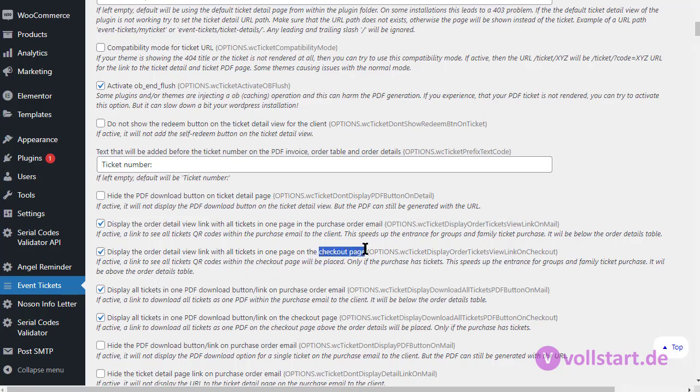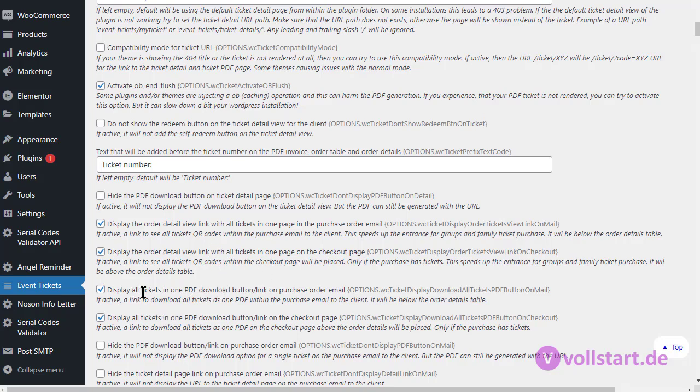also on the checkout page. This will be in the email, and this on the checkout page. It doesn't hurt. I would recommend activating this if you allow people to buy tickets right in front of the event, so they can have it. They see it on the order page. They don't need to check their emails. They can go to your entrance personnel and they let them scan this. It's a recommendation. By default, it's not activated to not harm existing installations, but I recommend strongly to activate this.